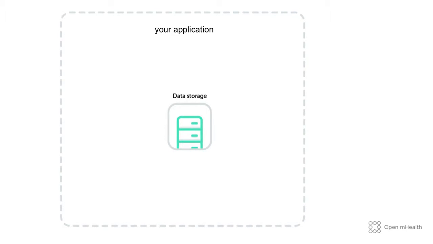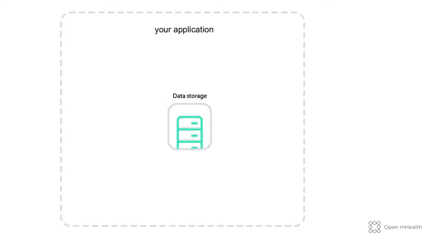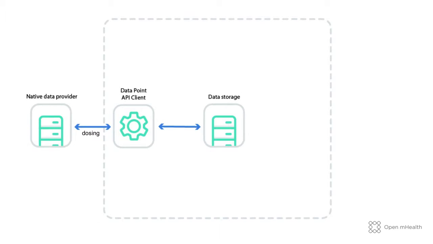So this is the use case I said I'm going to build up. That big box is your application. The first thing we dropped in there is a data storage component. The cool thing about the data storage component is that because it's open source, somebody else can use it too. Let's say we want medication information about pill dispensing, for example, to know if somebody's taking their meds. We've spoken to startup companies who are going to use our data storage component and put the medication dispensing data into that component. So now your application not only uses one mechanism to store its own data, it uses the same mechanism to retrieve data from somewhere else, which is the box on the left.